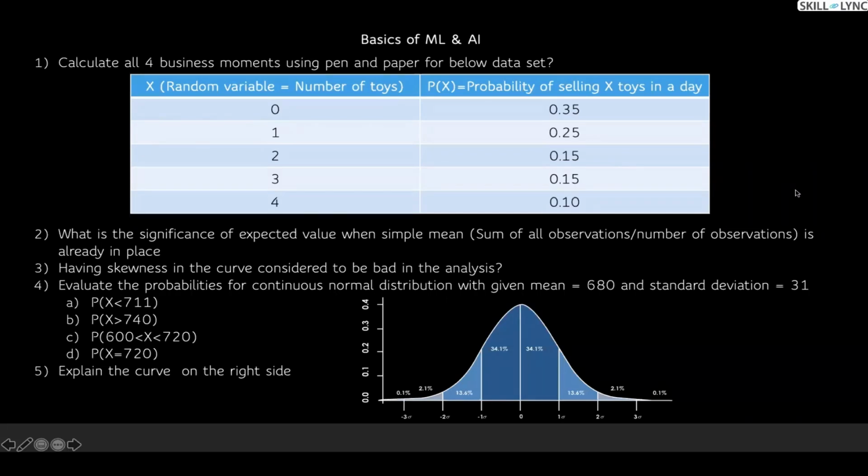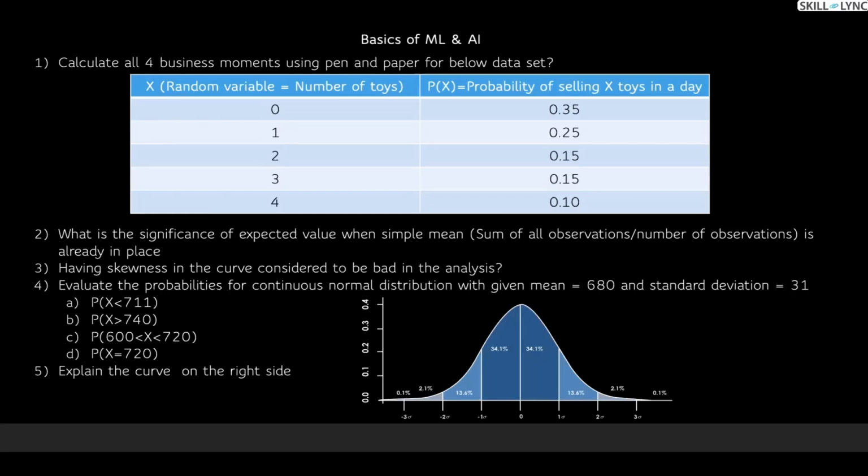Oh, sorry, before going into the four business movements, did you calculate the mean for this? Probability of X with the value of X. Right. It's important. If you remember, I told you the difference between mean and expected value, right? Both are one and the same, but there is a slight difference. So could you please tell me why didn't you use sigma x by n, and why did you use this